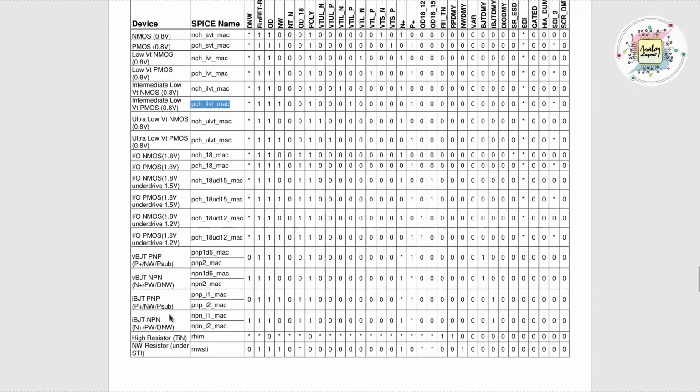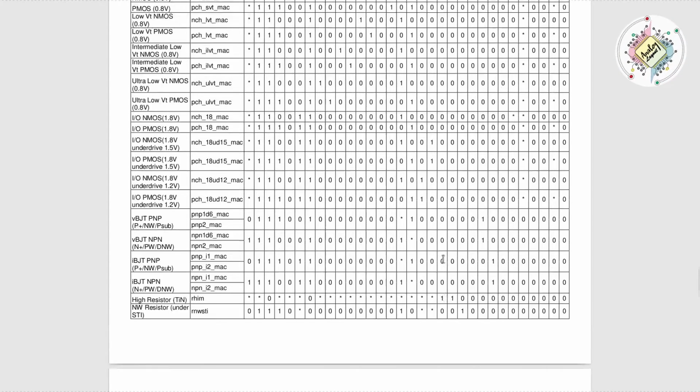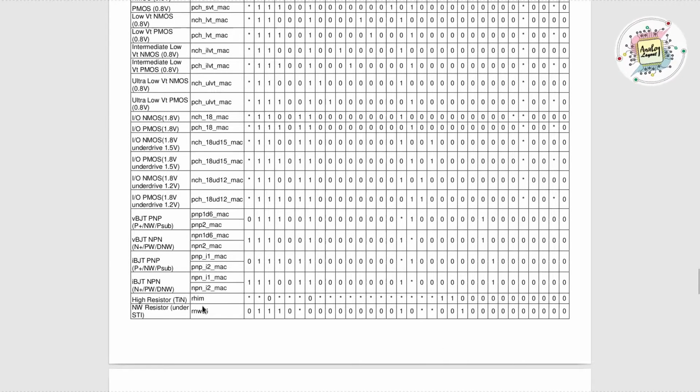We have multiple devices here. We have a BJT device, we have resistors here. This is the thin film resistor, or else we can call it a high voltage resistor. See, for resistors, no base layers are there. Hope you can see everything is star star star. Star means that only if the designer needs it, the fabrication steps will be there. If not, it won't be there, and they directly come to this level. So this is RHTN. I don't know the exact operational functionality of this RHTN. Maybe they are using this RHTN layer for the high resistor implantation or doping purpose.